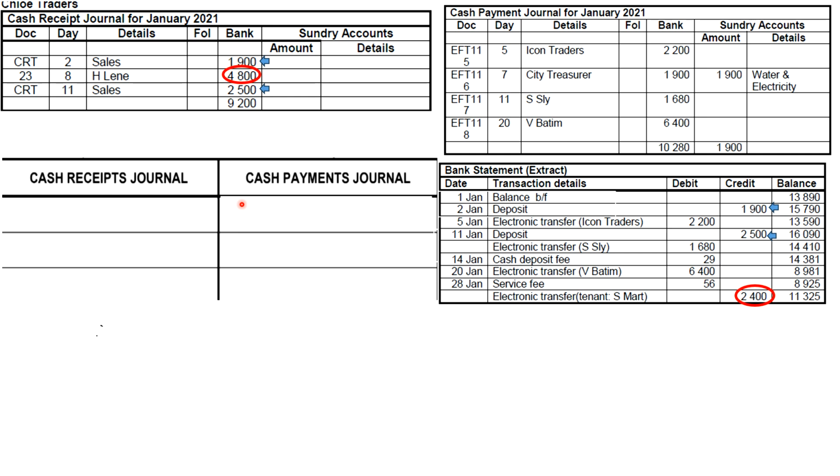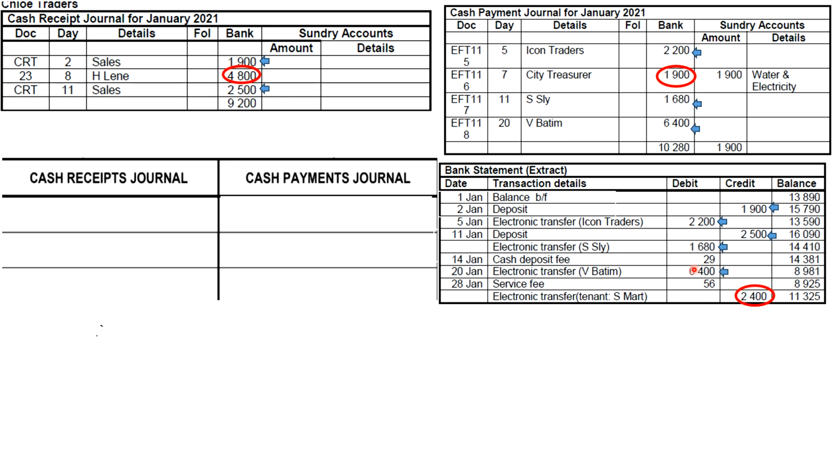Now let's go to the amounts in the CPJ. 2,200, look on your debit side, 2,200 is there. So you're going to tick it in your books and also tick it in the bank statement. The next amount is 1,900. Look for it, it's not there. We're going to circle it. That means the bank omitted an amount, which is the 1,900. Then 1,680, it's there, we tick it. Now we look at the 6,400. 6,400 is there, so we tick the amounts.